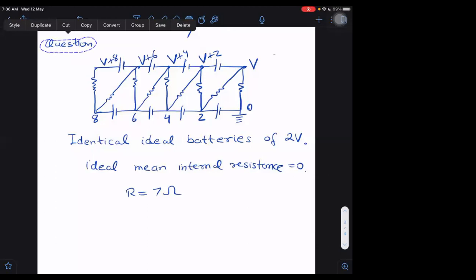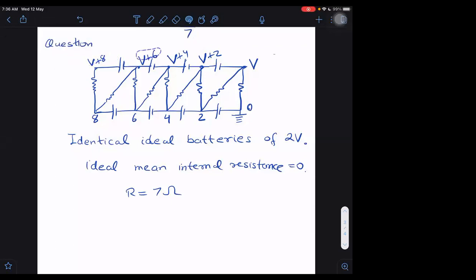Are you guessing or have you solved it? By solving, you should get the answer. So if you are solving and getting an answer, then either the answer should be right or there is something wrong. You are not able to apply KCL properly. That might be the reason. So those who are saying that they are solving, tell me where you are applying the KCL.